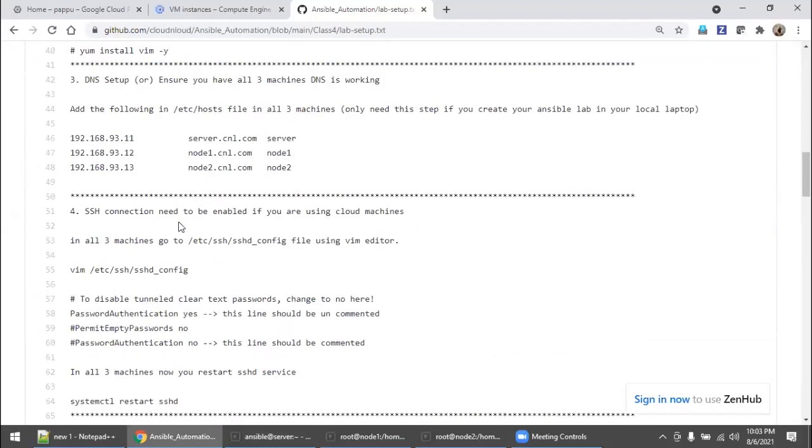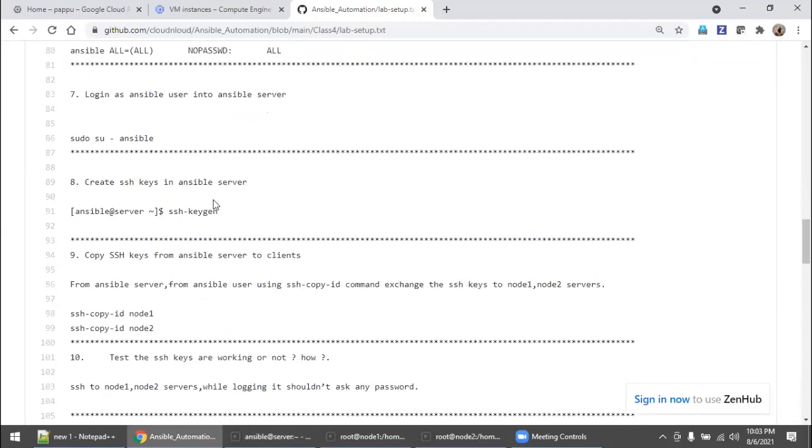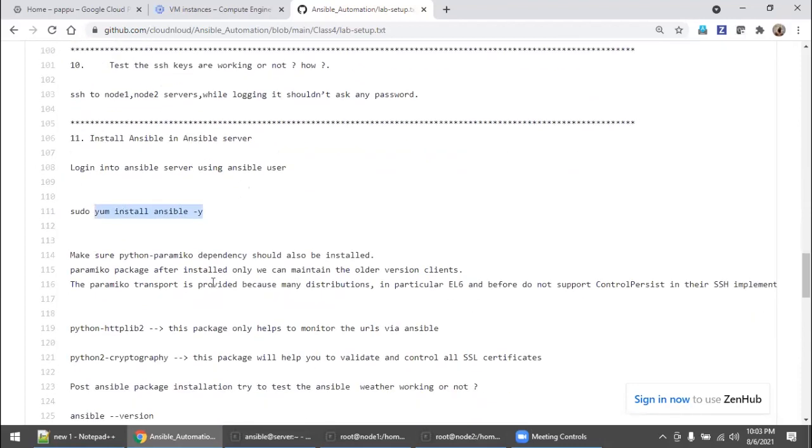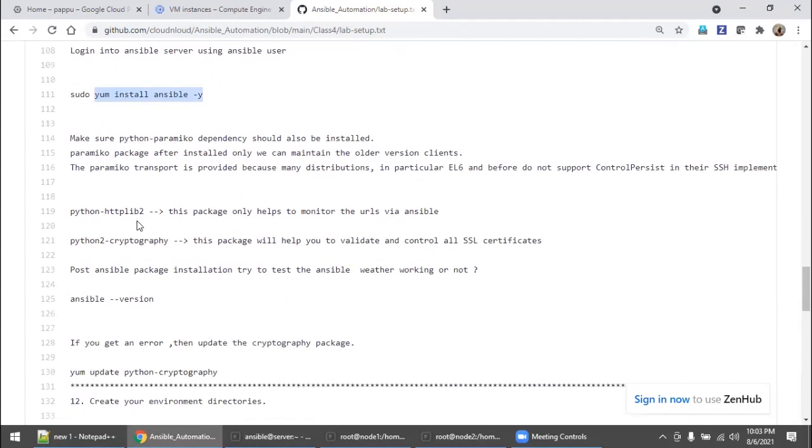So we have completed up to the Ansible installation, right? I have mentioned here also the Paramiko package, and even Paramiko transport, you can get the support for lower versions. Come down. With httplib2, you can easily monitor URLs.